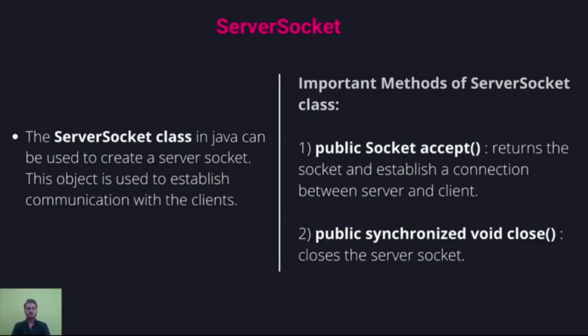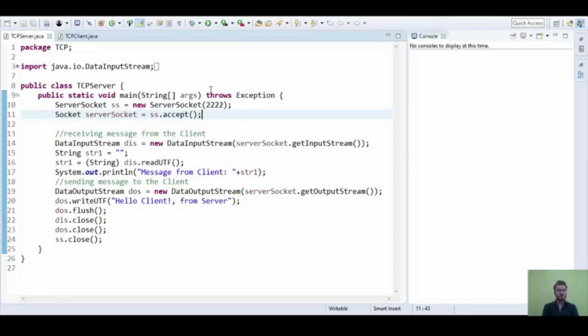Now let us implement sockets and server sockets in code with the help of a Java program. We have created a small program to implement an application in which a server first sends a message to the client and the client responds back to the server, and those messages are printed. So for this, I have created a class called TCPServer, and there is a main method inside it. And first I have created a server socket with a specified port number. A port number is a unique number which is used to identify a node or device on a network.